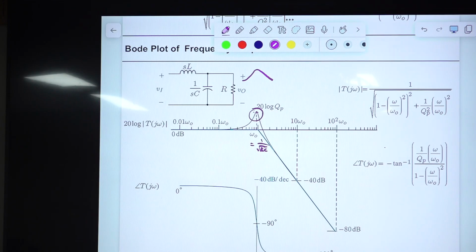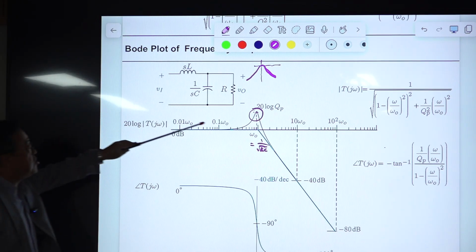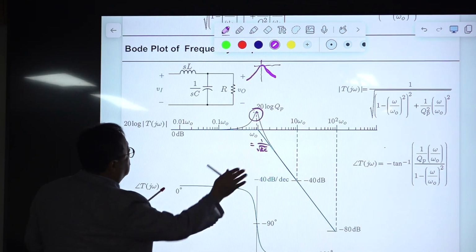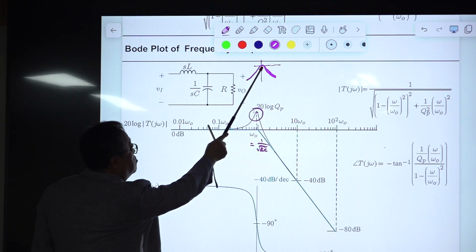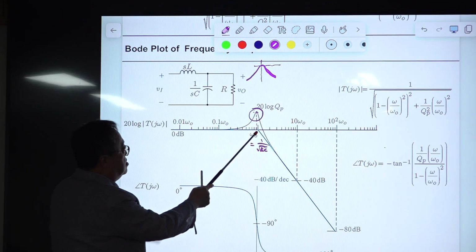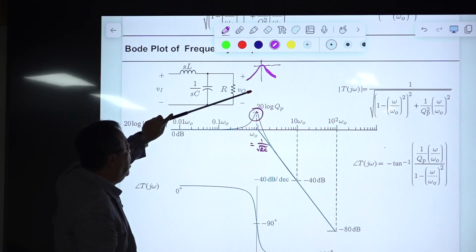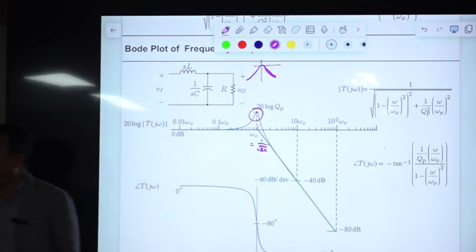Something like this. I'm sorry, something like this. And the peak value and this frequency. This peak value is actually larger than this one. This is not the maximum. This is slightly to the left side of the maximum, and the real peak value is, of course, at a frequency slightly lower than this frequency, and the deviation of this peak value and this peaking frequency is related to